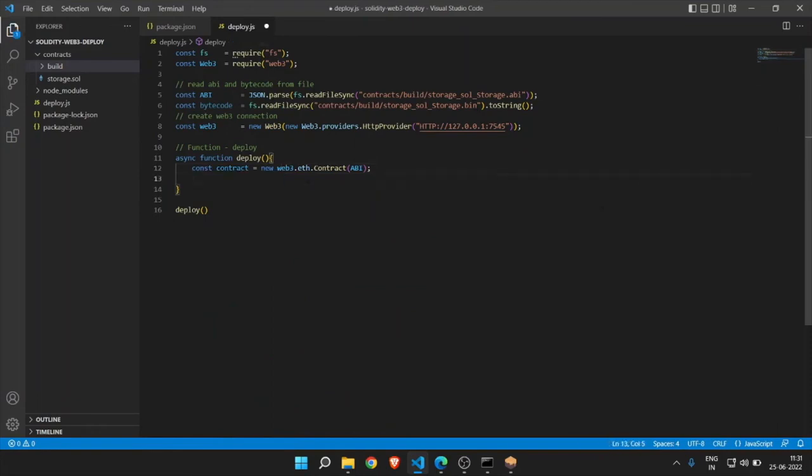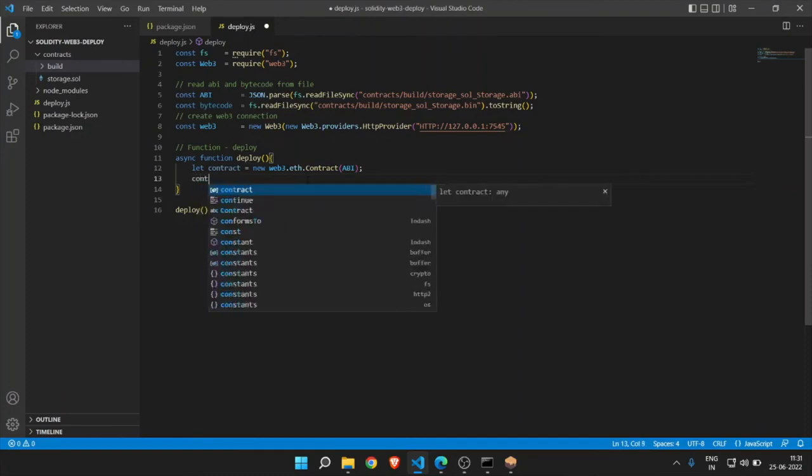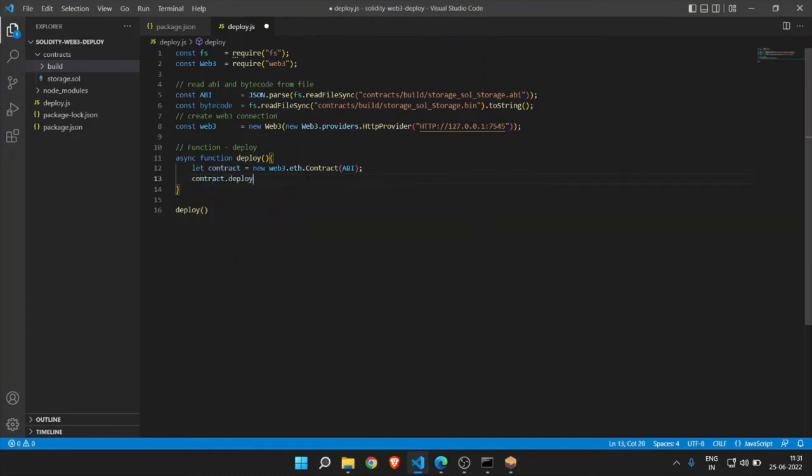Then we need to deploy it. So let's change this scope. Just let contract, because we are using the same variable again, contract.deploy, and here we need to pass the bytecode as data. So data and then bytecode, and this contract equal to, so for the same variable we are assigning this deploy contract setup contract. Okay,